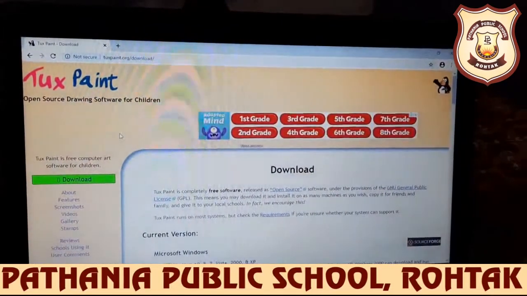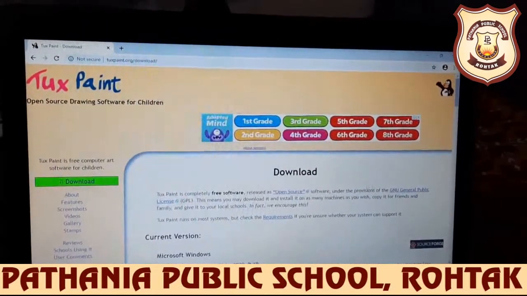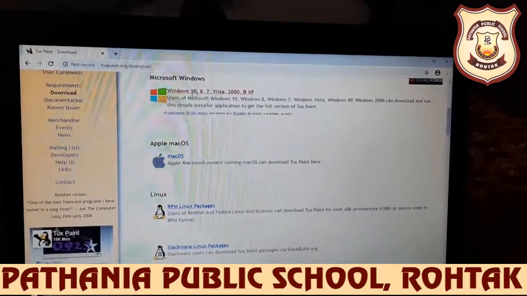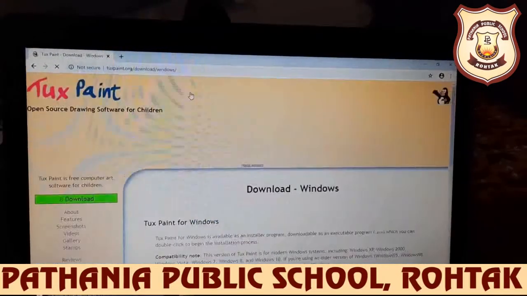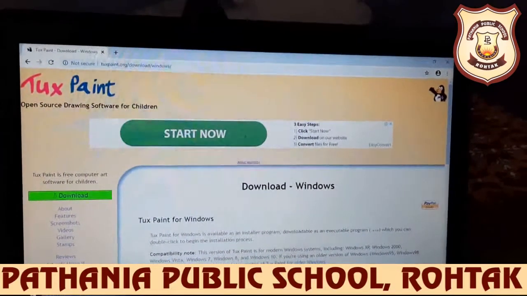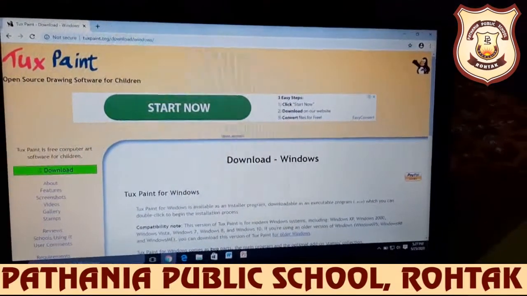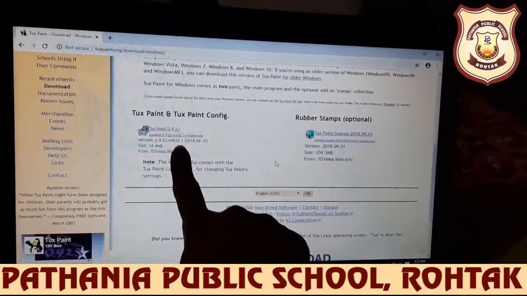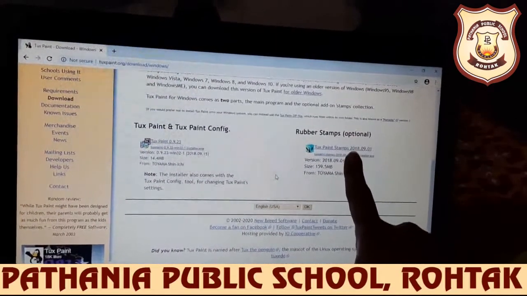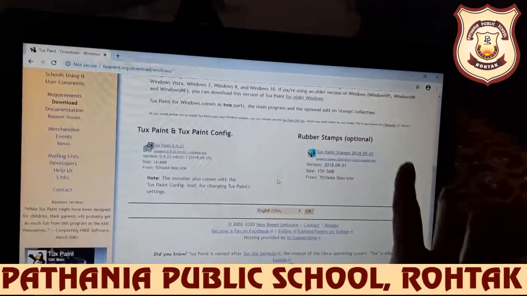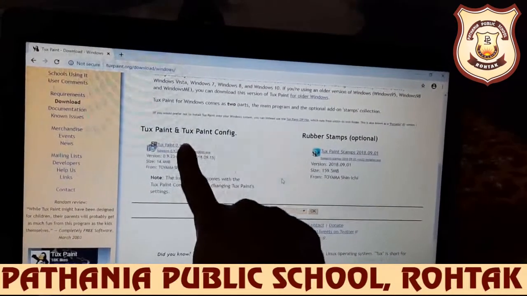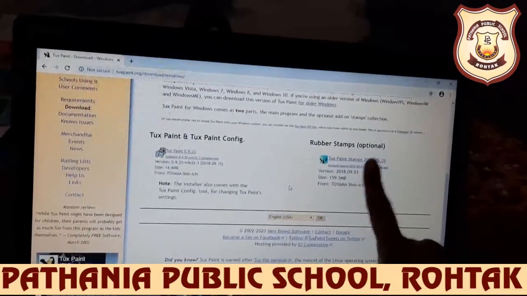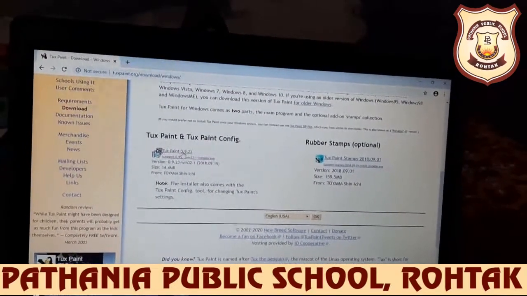Okay, then this screen will appear. Here you have to select the type of Windows you have. So for Windows 7 and Windows 10 you have to click on the first option, this Microsoft Windows. Okay, now just scroll it down and here you can see this is Tux Paint software, and here you will get these stamps which are also required. Okay, so first you have to click on this. When this download will complete, after that you have to click on the stamps one. Okay, so just click on this